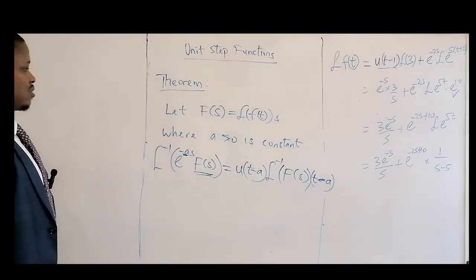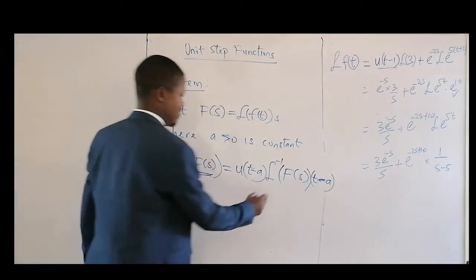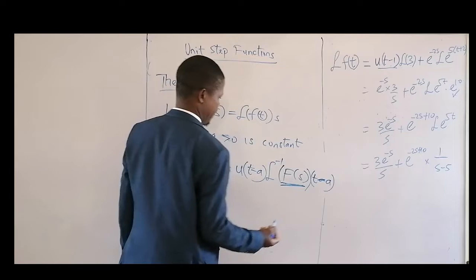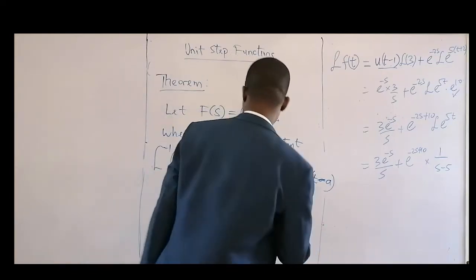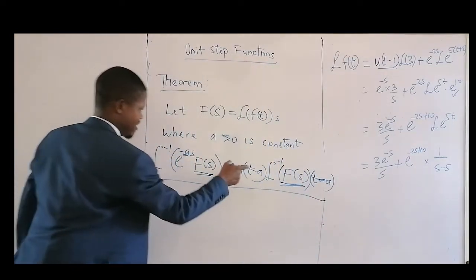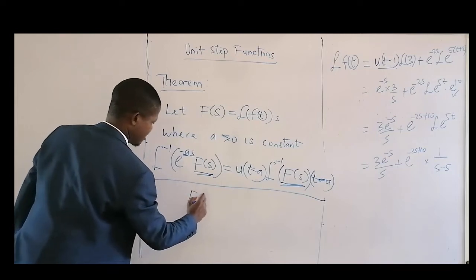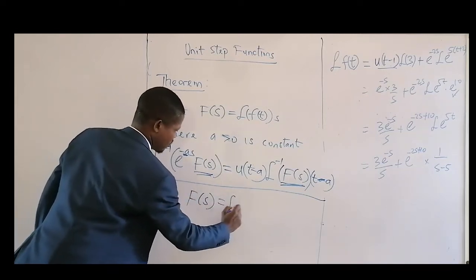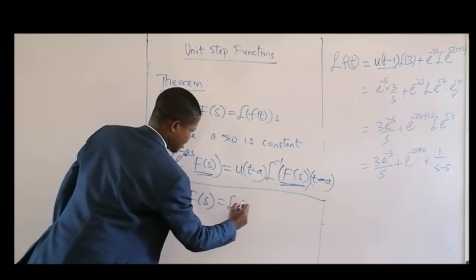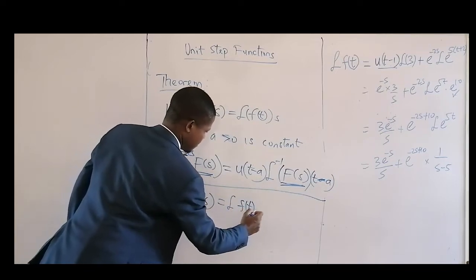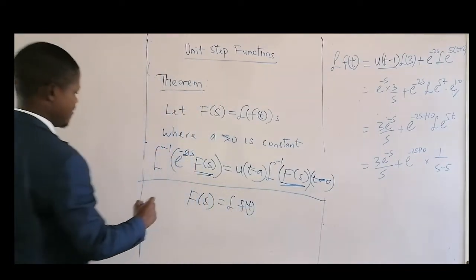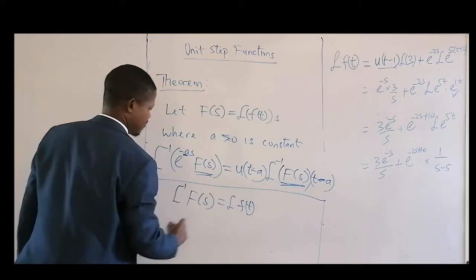What this means is that once you get the inverse of f of s, I want to explain that since we know that this is equal to the Laplace of f of t, if you take the inverse of this,